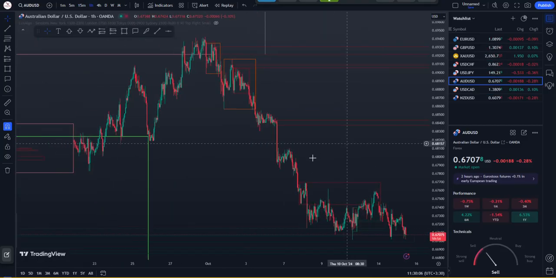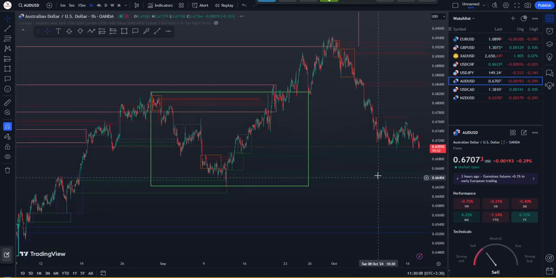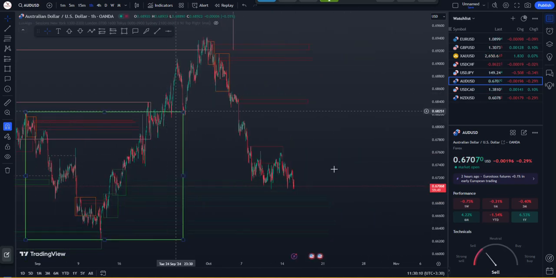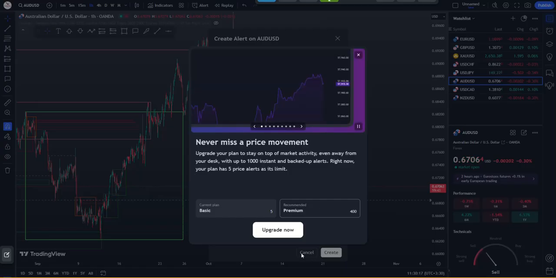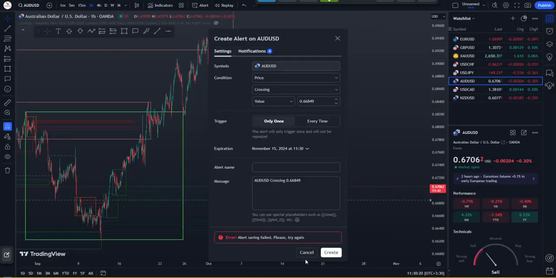I have an interested area in here. I talk about this one. So I'm waiting for price to reach that level, and I don't have any alerts remaining in my basic account. So